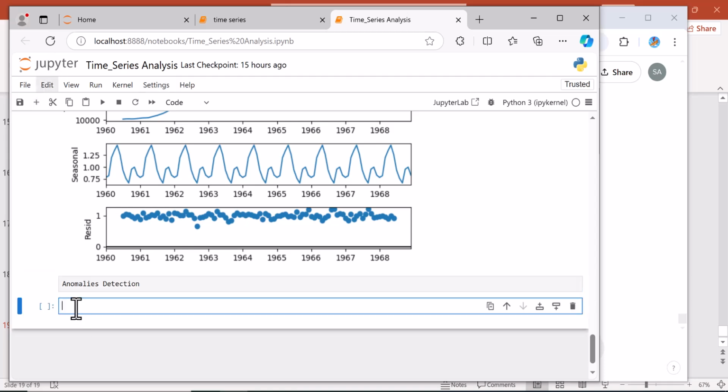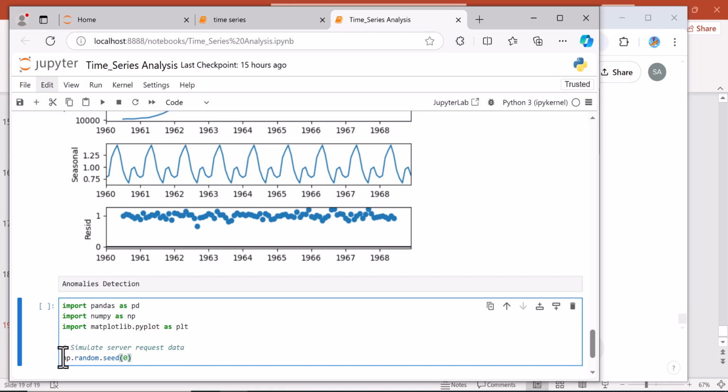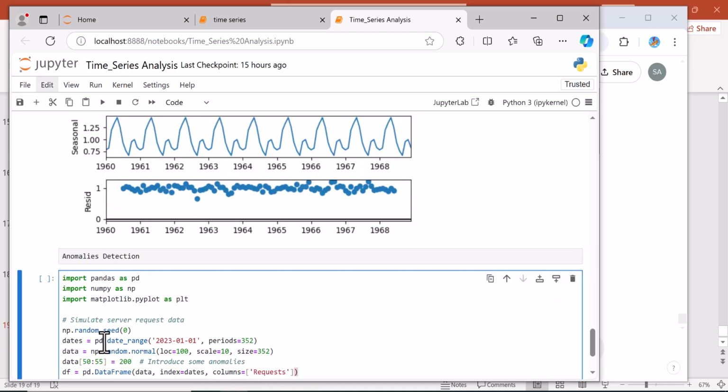I'm going to be using a server request, and I'm going to import NumPy and other libraries. So I'm using NumPy now to make a random seed starting from 0. Okay, so I said we're using data from a server. So this is how I want to import it: np, that is from NumPy, random seed, and then I'll declare my date using pd date range, at least